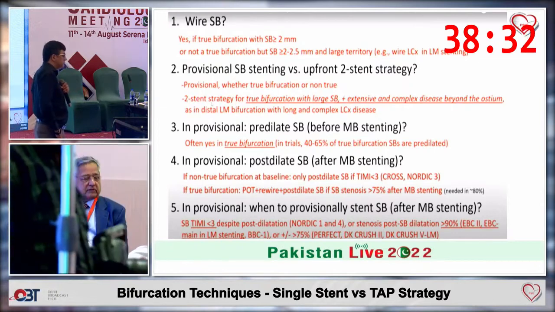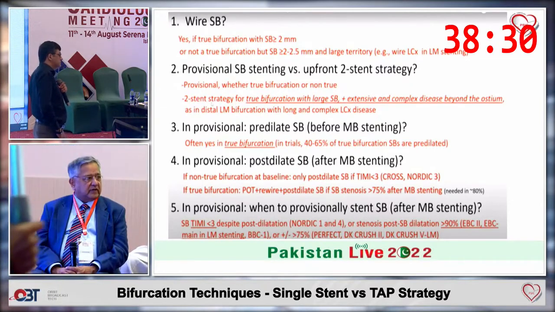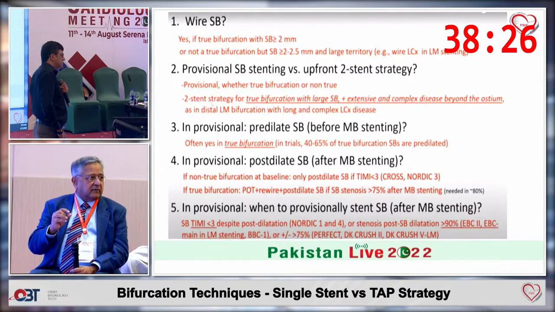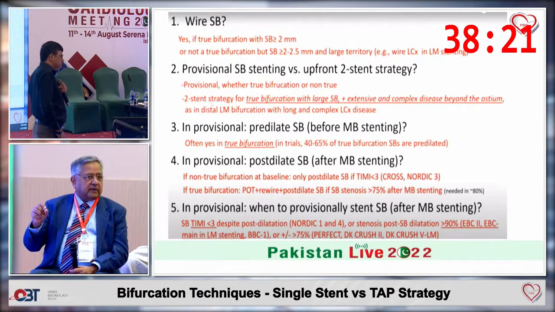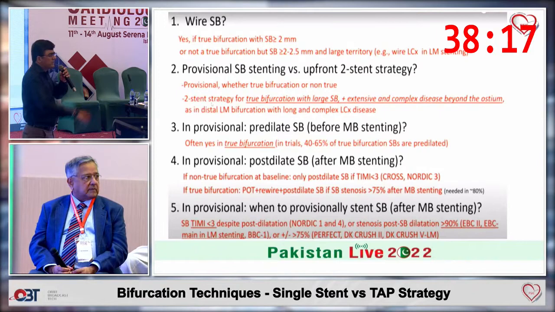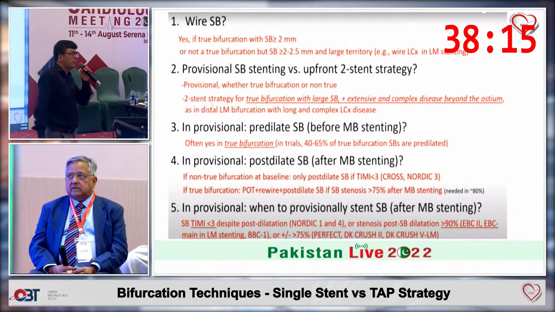So if your strategy is that you want to make sure that there's no waste there, okay? I try to undersize the balloon a little bit, and then I want to make sure there's no waste there, because I know that if I put a side branch stent as the initial strategy, I'll probably get away with that. Yes. So to answer your question, just to add on it, if you are thinking of a two-stent strategy